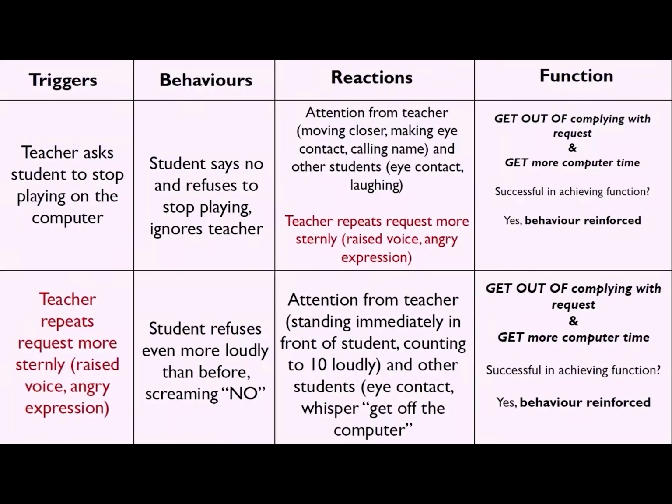But what we can see then is that the chains come. So the teacher has requested in a more stern voice that the student turns off the computer. How does the student then respond? What's the child's behavior in response? That's the escalation, where the student even more loudly says no. And so what was the reaction initially from the teacher now becomes a trigger for the next behavior in the cycle. And that is how that behavior then becomes more likely next time. That's potentially where the child's going to start next time. They're going to start at the louder no, the louder refusal, because that was ultimately what was reinforced.